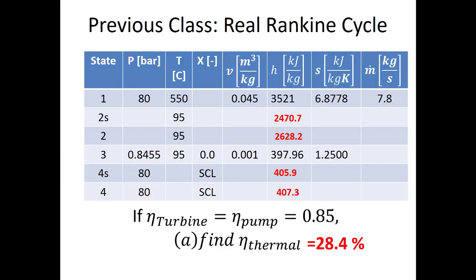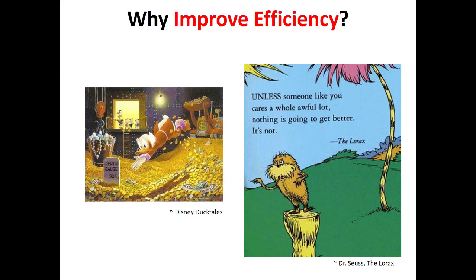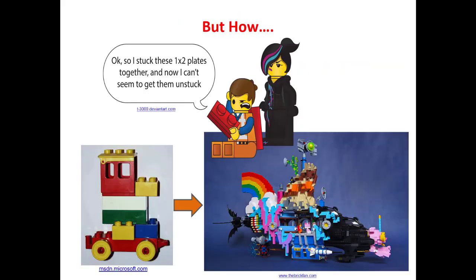Now, we did a Rankine cycle example previously, this 4-component Rankine cycle, and we found that the thermal efficiency here was 28.4%, right? And then I made the argument over the last couple classes that we can increase that efficiency. We can't get to 100%, but we should be able to get closer to the Carnot efficiency, which I believe in that case was somewhere in the mid-50s. And there's financial benefit to doing that, and there's environmental benefit to doing that. And I think as engineers, it's important that we're concerned with both of those aspects of practical problems.